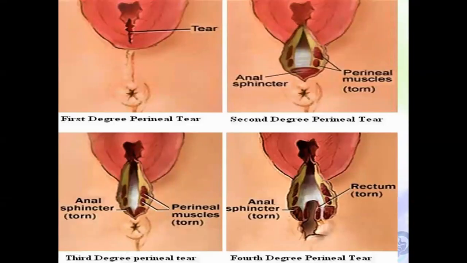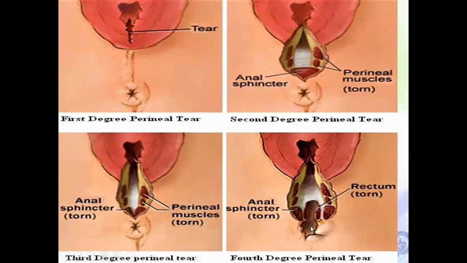So once you cut the anal sphincter, they retract and hide far from the area of tear. So there's no way you're going to fish them out in the labor ward with the patient who is awake. You need a patient who is relaxed under anesthesia to go and fish them out and suture them. Otherwise, if you suture it in the labor ward, you end up with anal incontinence and fecal incontinence.